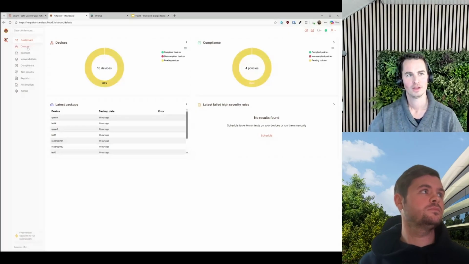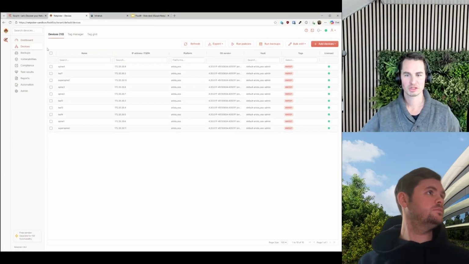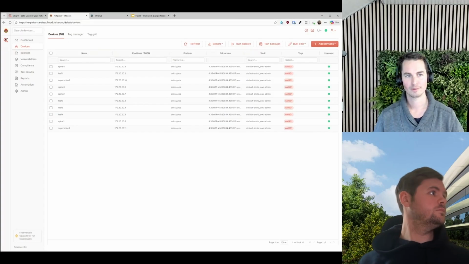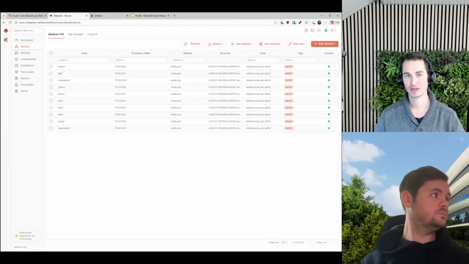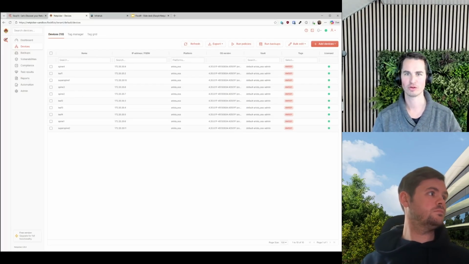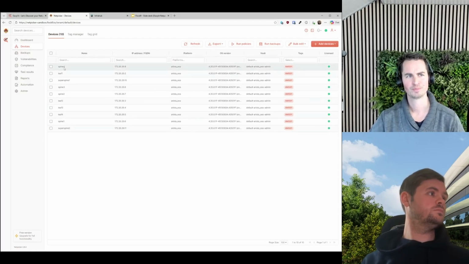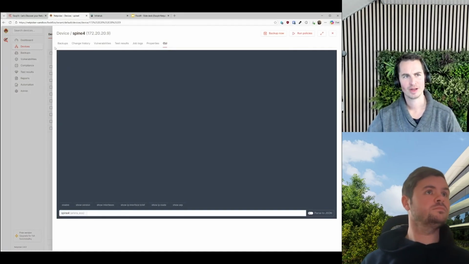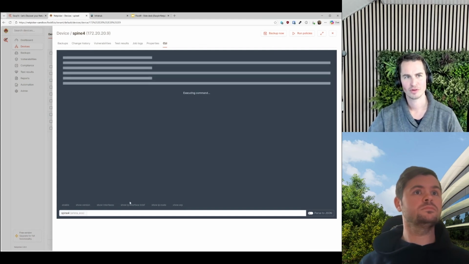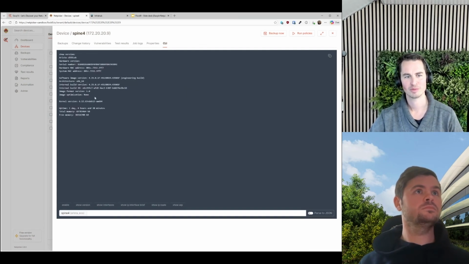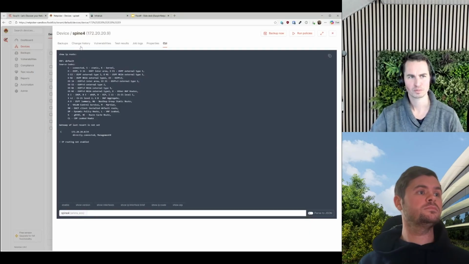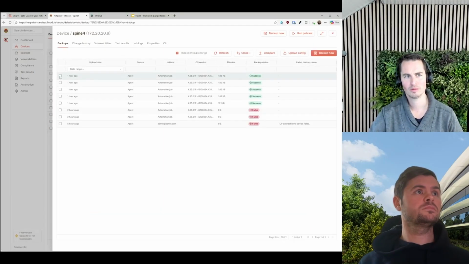The cool thing here is that since those systems are integrated together, every device Slurp'it picks up is automatically being synced toward Netpicker as well. So you have one base inventory for the Flock suite, so you don't have to maintain it in all places. It will be fully automated here. It has a couple of nice features where you can quickly test connectivity. For example, you have a live CLI where you can quickly type stuff and see what it returns. It makes backups as well, so you can quickly, for example, compare